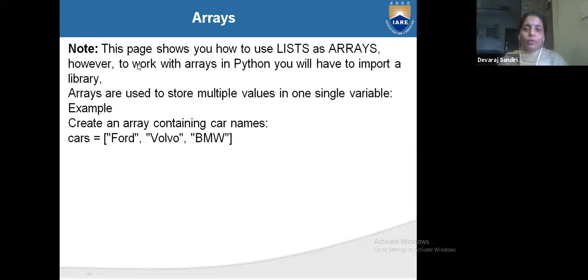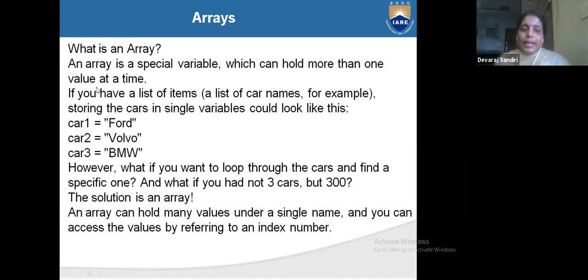So now, array. What is array? Array is used to store multiple values in a single variable. An array is a special variable which can hold more than one value at a time.